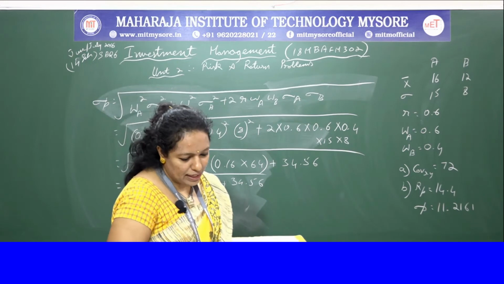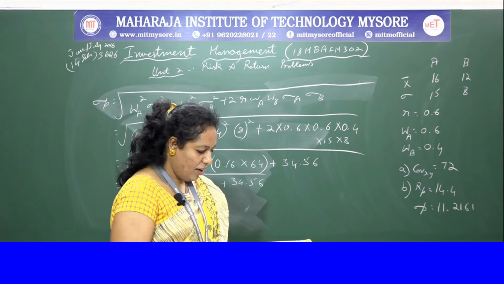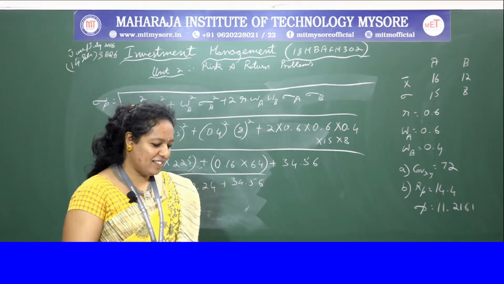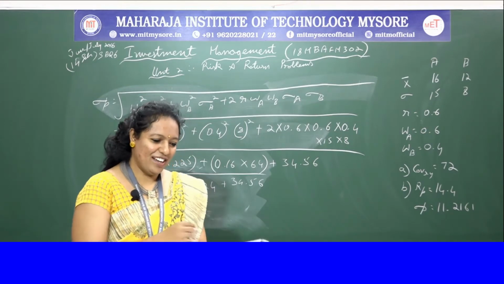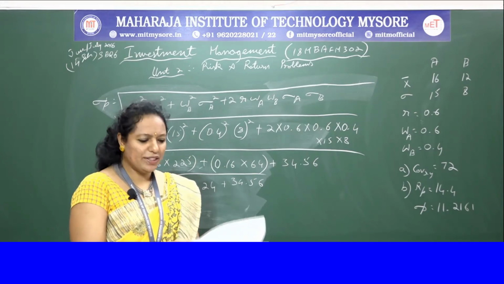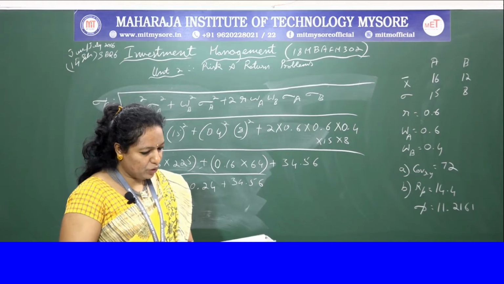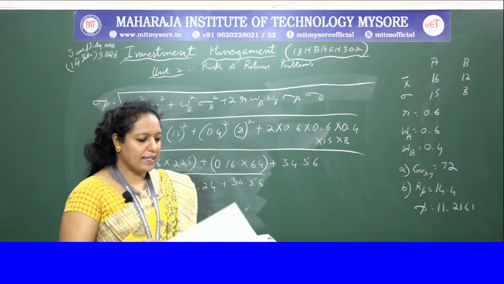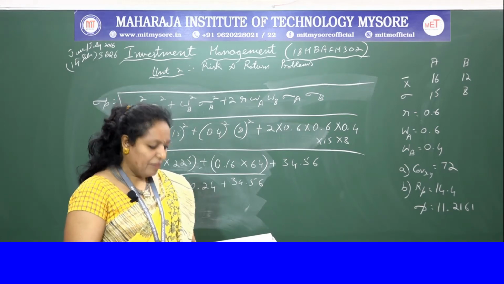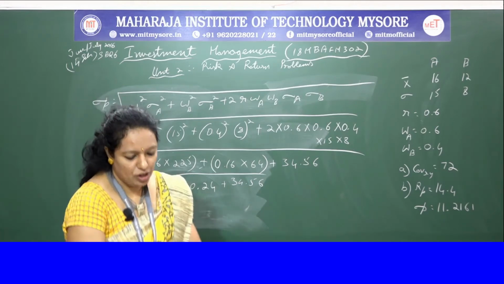Okay, let's go to another problem. Another problem is, this is also similar to this, but there is a slight change in this which is made. So I want to tell you all how, if in case weights is not given, how you need to calculate. So most of the times they give the weights. So next problem which we'll be doing is December 2011 8 scheme 5B.